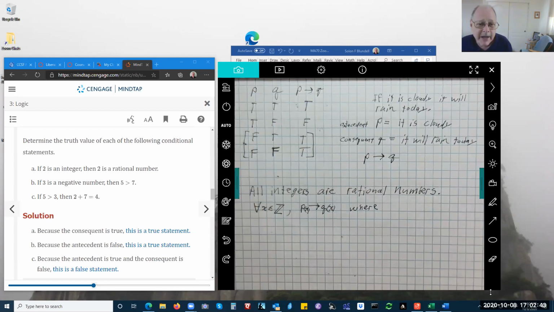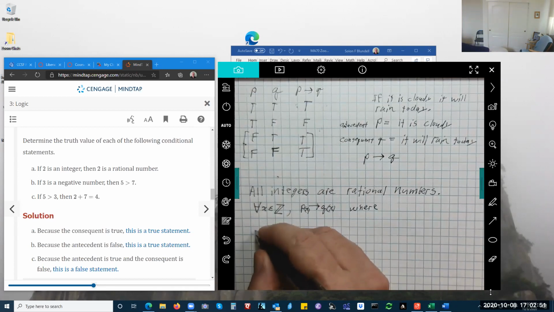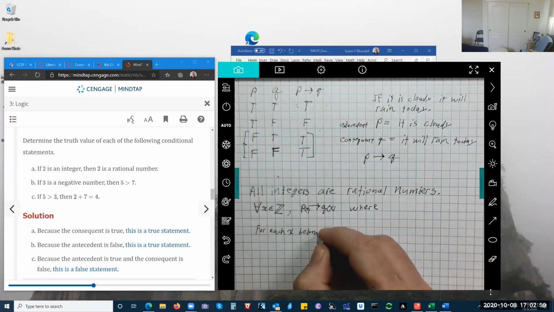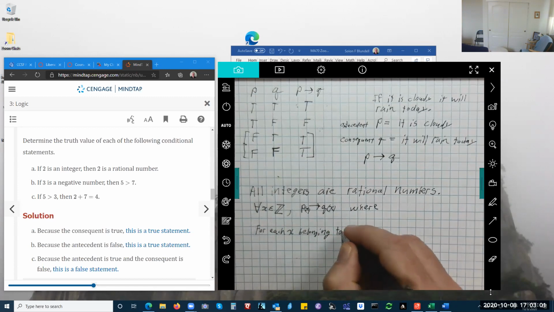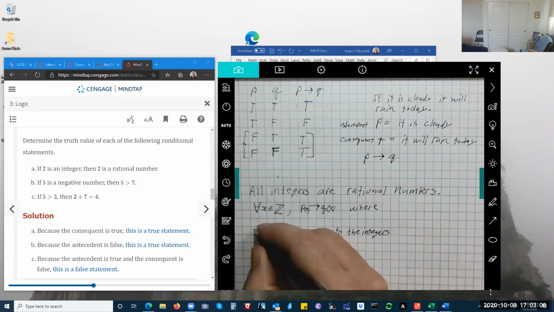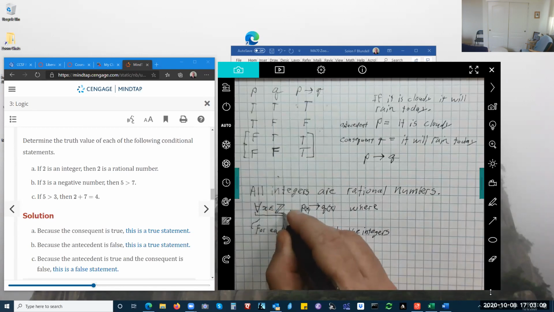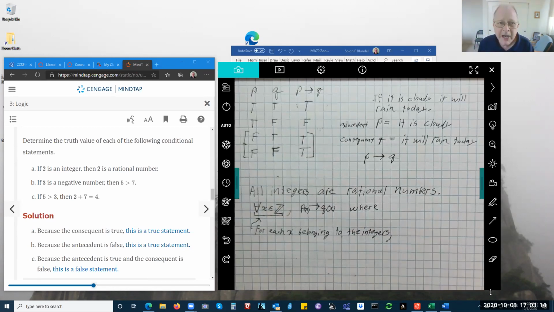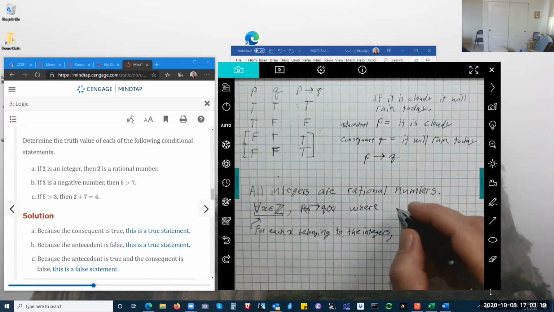So this upside down A here is for each. So for each x belonging to the integers. And where what? P of x